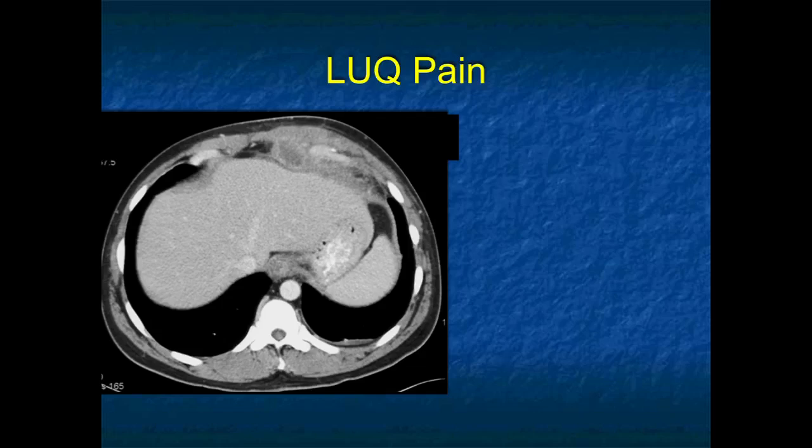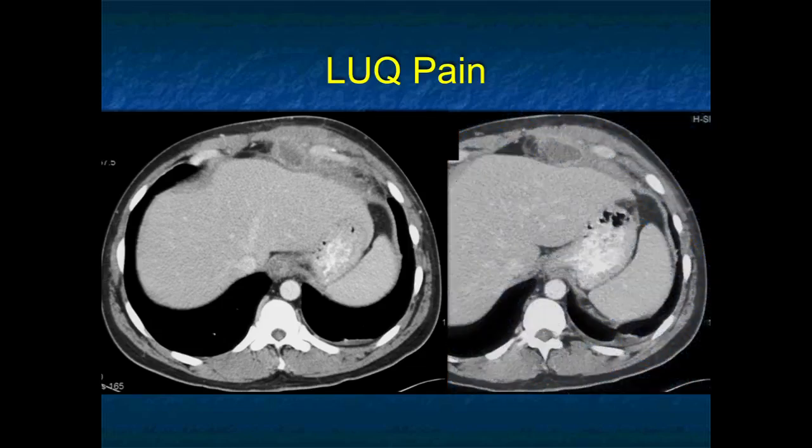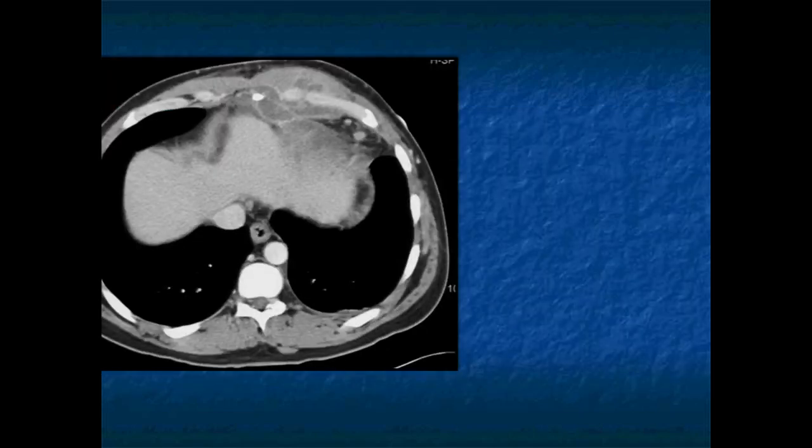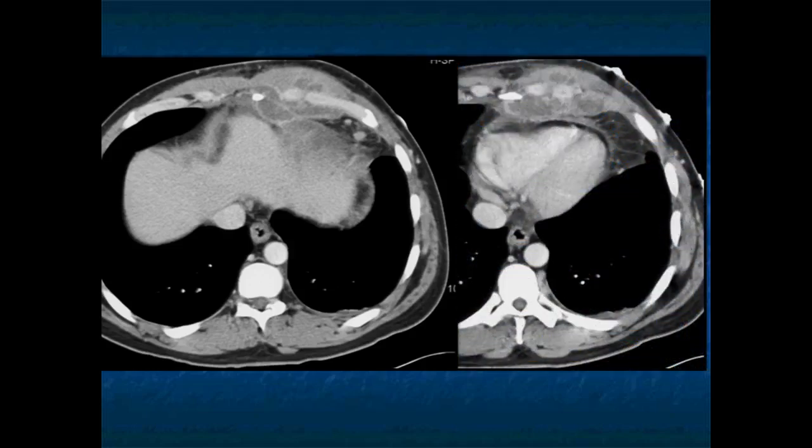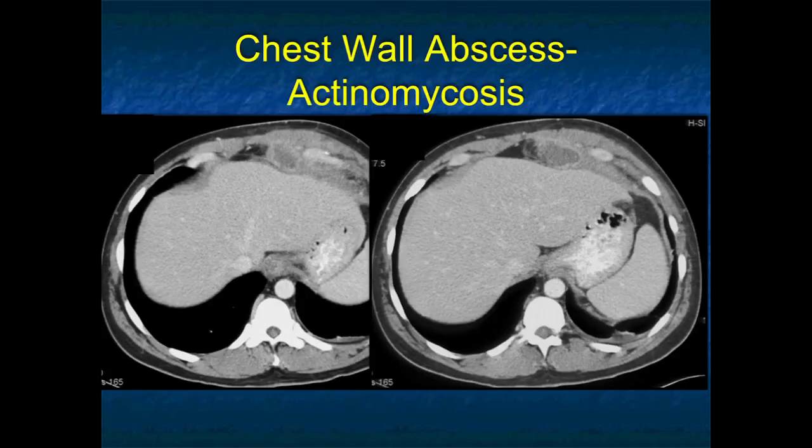Left upper quadrant pain. There's something going on in the chest wall. There's inflammation pushing on the diaphragm, growing through the chest wall. It's kind of cystic. You could think about tumor, but when it's cystic like that, you got to think about infection. What infection is there that involves the chest wall that's both anterior and posterior to the ribs? It's kind of a classic actinomycosis, right? Yes, it could be E. coli that can cause infections. Yes, you have to think about tumor in this case, but this was a wonderful example of actinomycosis,